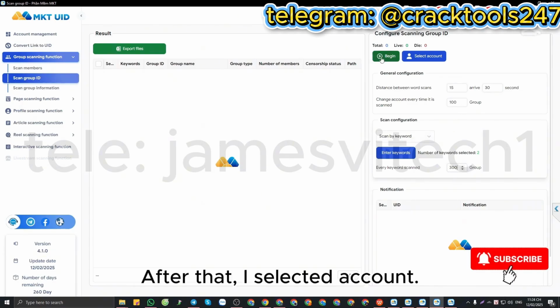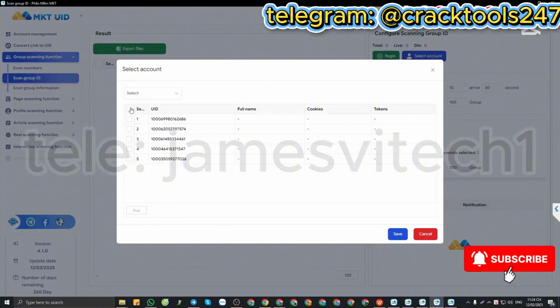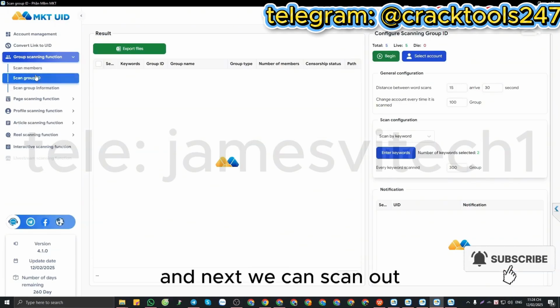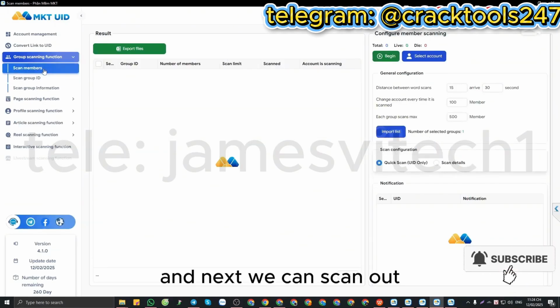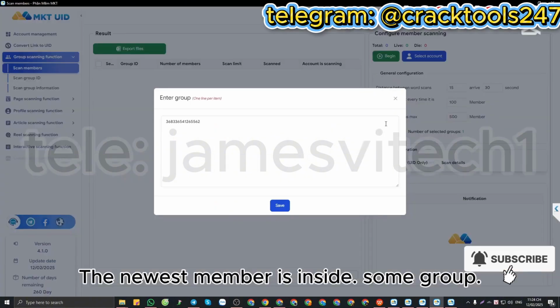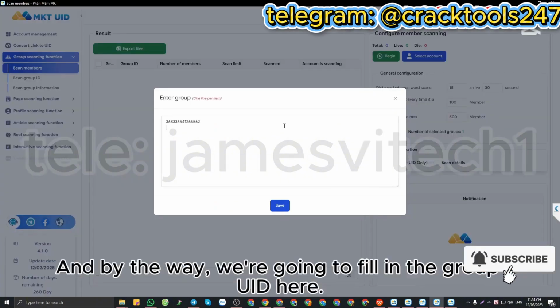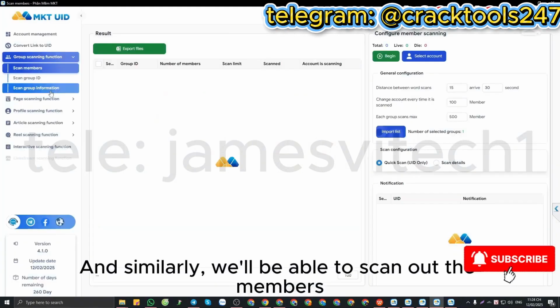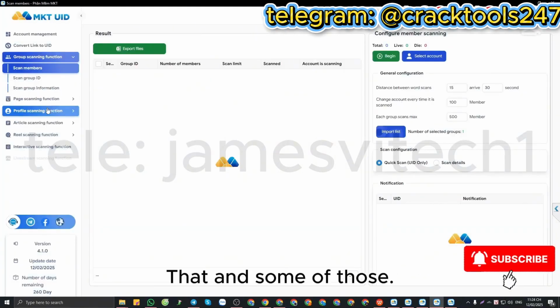After that, I select an account. Then click Start and the software will automatically scan. Next, we can scan out the newest members inside a group, and by the way, we fill in the group UID here. Similarly, we'll be able to scan out the members. And some of those